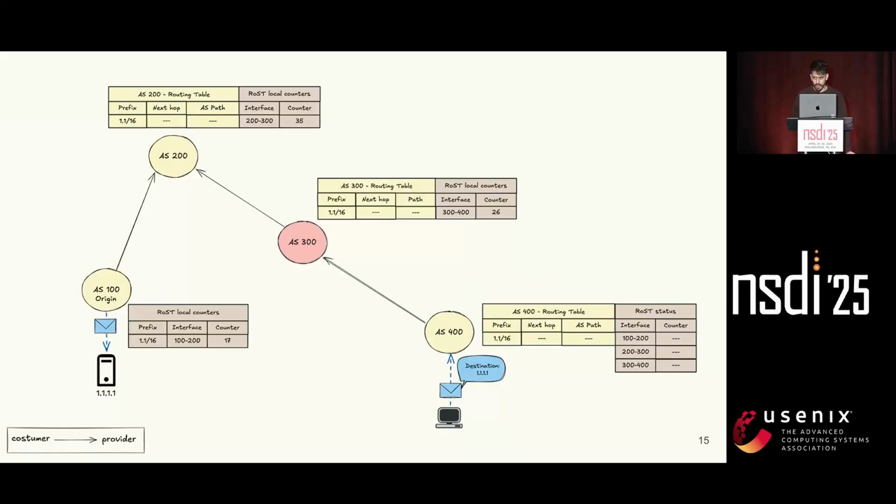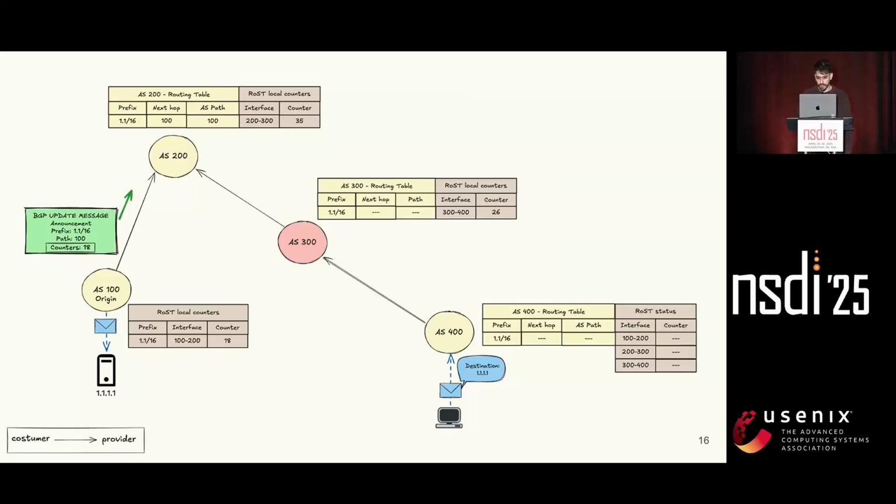So let's see how this works. With this example, we can see each AS has a local counter, which is unique for the prefix and the interface. For whoever is not familiar, an interface is just the relationship between two ASs. Here the counter is 17 for AS100, so we will increment this counter to 18